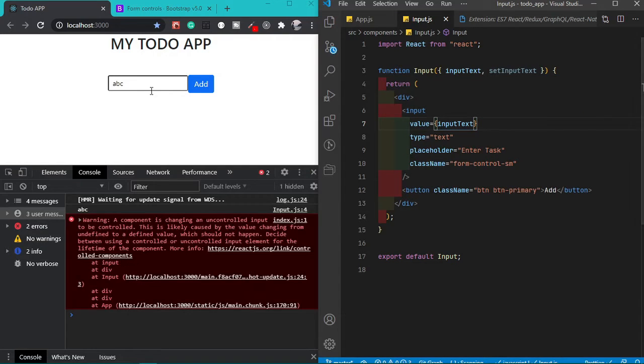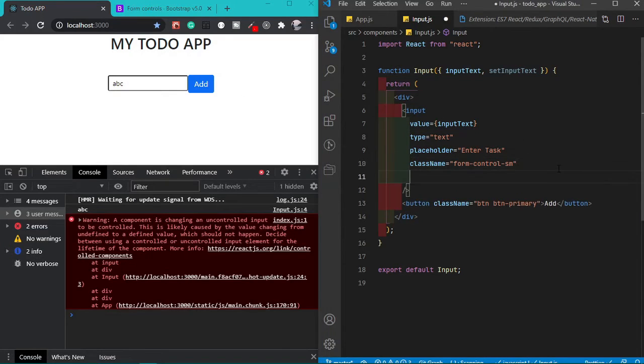So you can see here ABC. If I want to change it, nothing is happening, right? I am trying to change that value, but nothing. So what I want is to change that value. So how can we change that value? Using onChange, right? onChange is equal to